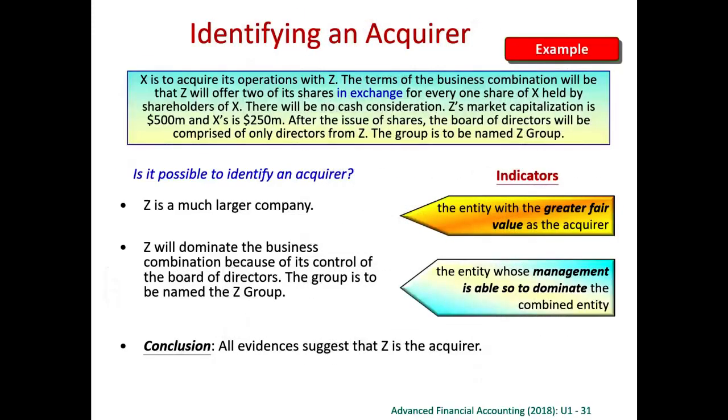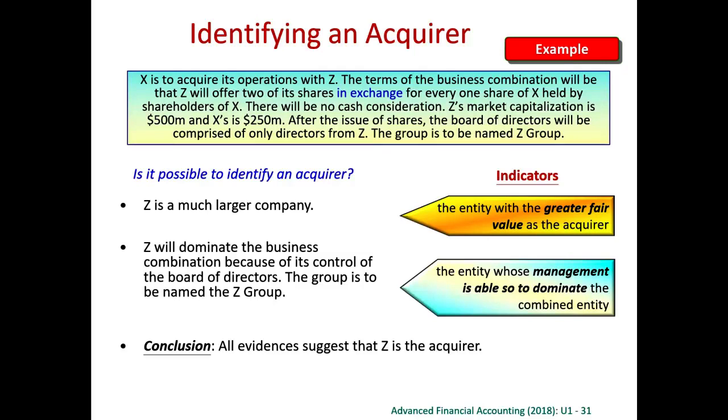So, take an example. Here, S is to acquire the operation with Z. The terms of the business combination will be that Z will offer 2 of its shares in exchange for every 1 share of S held by the shareholders of S. There's no cash consideration. Usually, in the case where we have no cash consideration, it is more difficult to identify